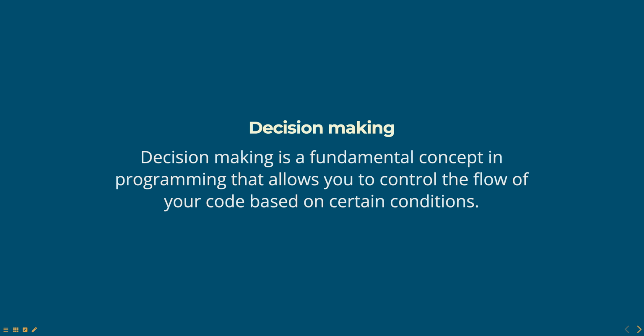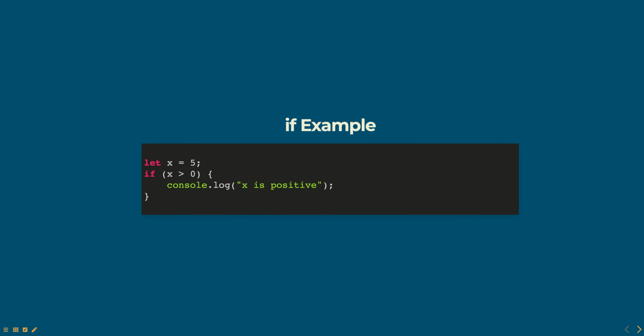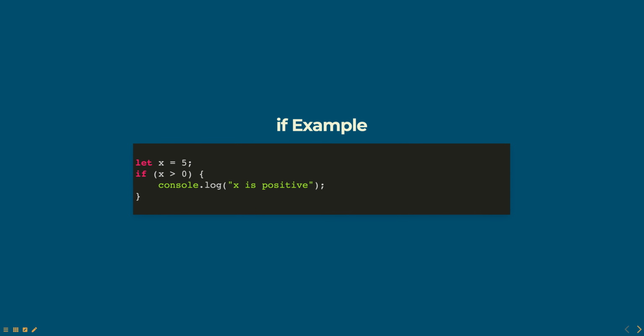Decision making is a fundamental concept in programming that allows you to control the flow of your code based on certain conditions. In JavaScript, decision making is mainly achieved through the use of control flow statements such as if, else, and switch. The if statement is used to check if a certain condition is true and execute a block of